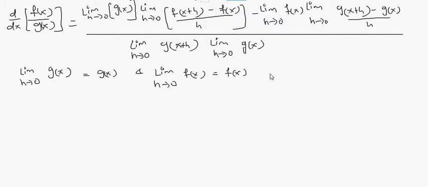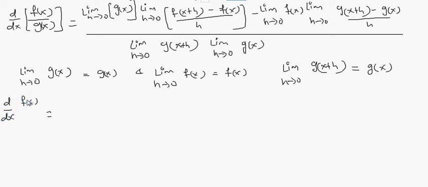And since g of x is differentiable at x, limit as h approaches 0 g of x plus h approaches a value of g of x. So replacing limit as h approaches 0 g of x, and limit f of x as h approaches 0 with f of x, and limit as h approaches 0 g of x plus h with g of x, we get derivative of